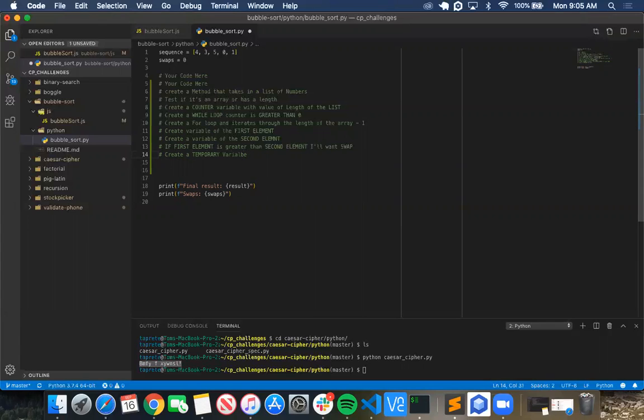Create a temporary variable of the index of the second, the lower one, right? Whichever way you want to do it. I'm going to do the greater one, the greater value. And then I want to essentially swap them in place. So I'm going to take the array